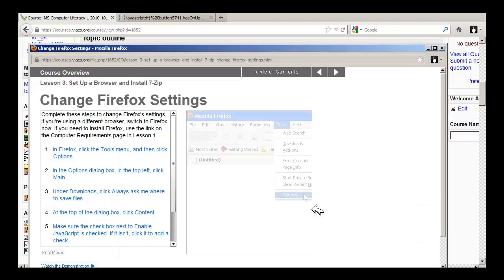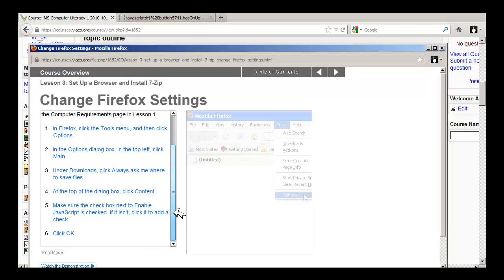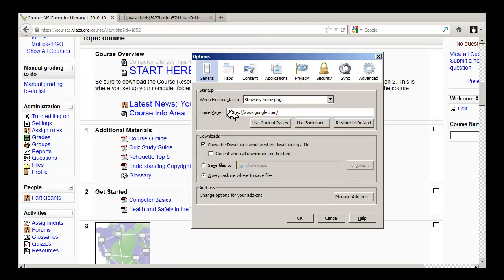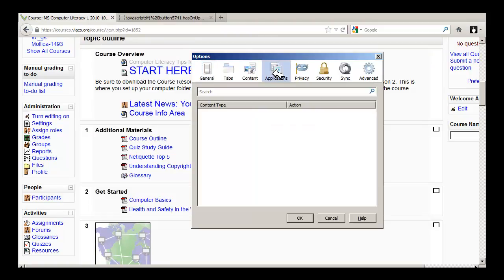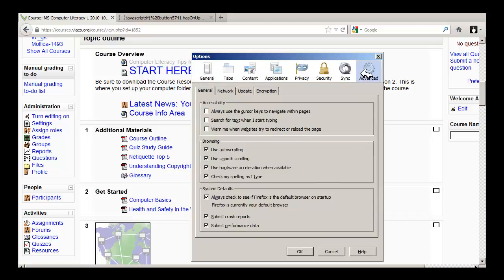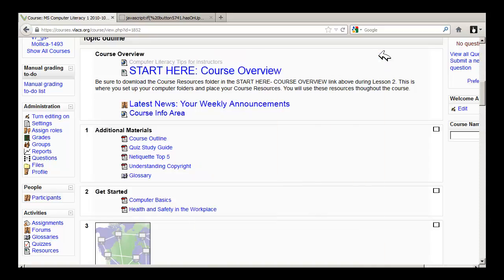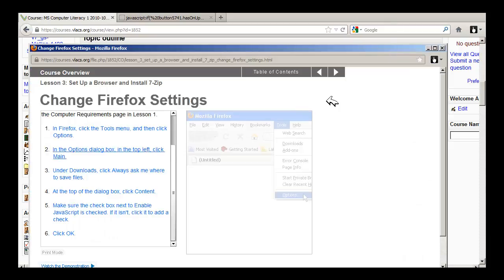Now let's tab back and see what the directions are. Make sure the checkbox next to Enable JavaScript is checked. It should be checked. And then click OK. So let's go back to our browser settings. And we wanted to make sure that JavaScript was available. So I believe we go to in here, content. Yep, click on content and enable JavaScript should be checked. So tools, options, content, and make sure enable JavaScript is checked. So moving on,